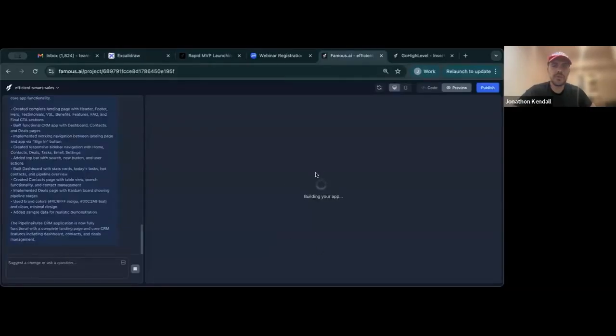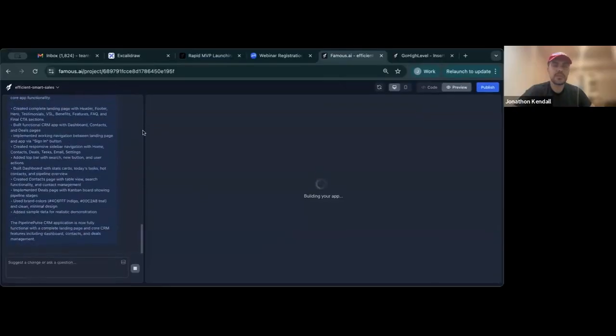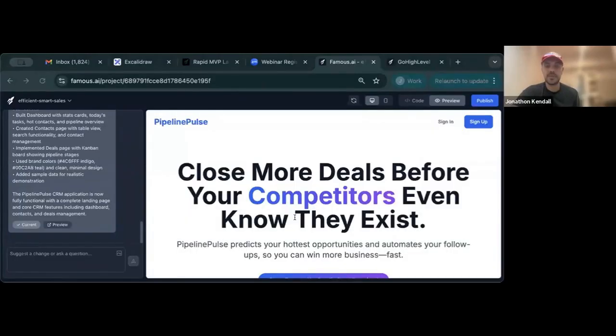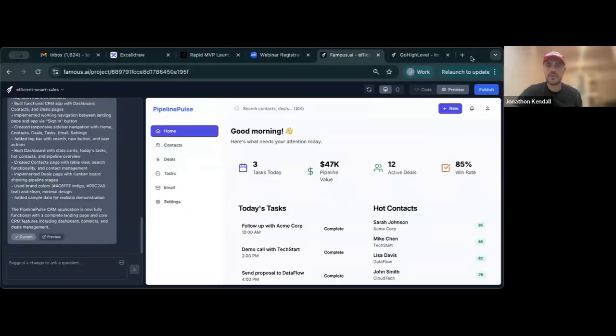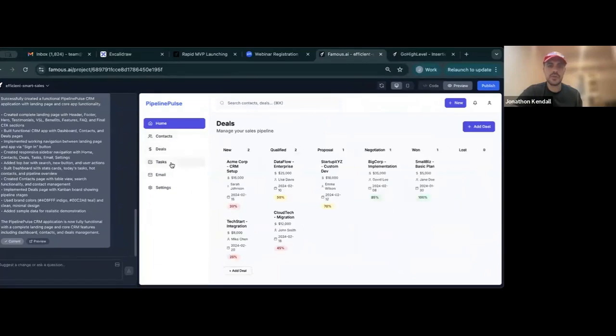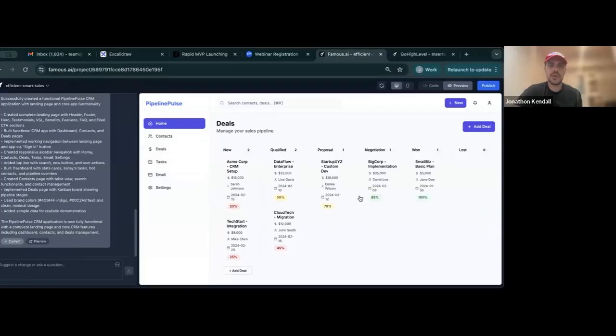We're still just waiting for it to build the back end. And so what I'm doing here is I'm building the back end so that I can take screenshots of it, just so you guys know. And then once I have screenshots of it, I can add those screenshots to the page. So this is why I'm doing this, by the way. We have this CRM that we built. Looks pretty good. Yeah, not bad. It doesn't have the email, but this is good enough.